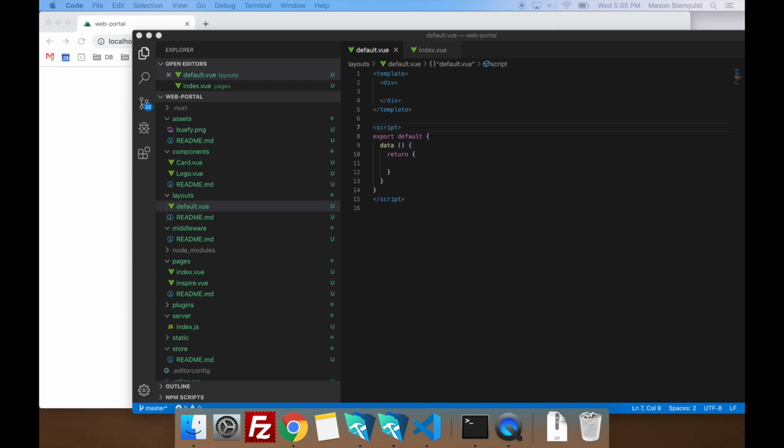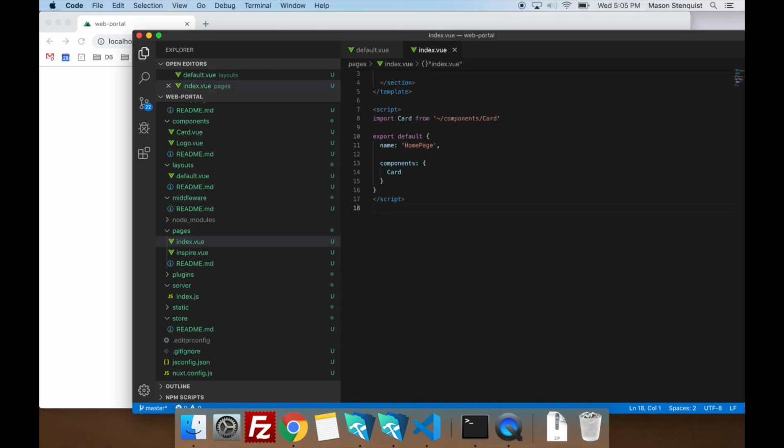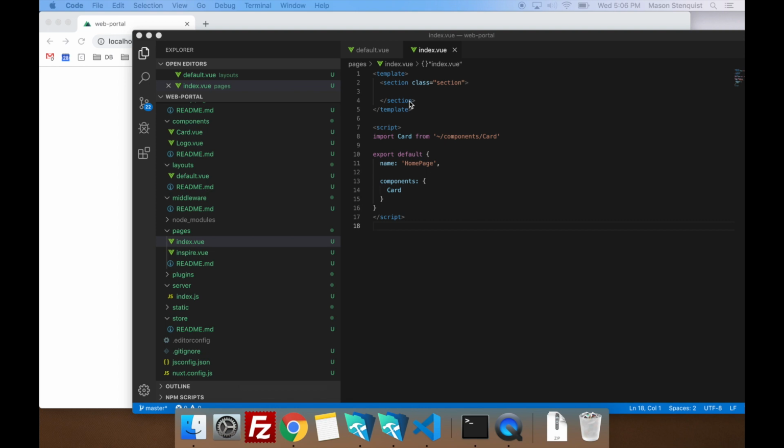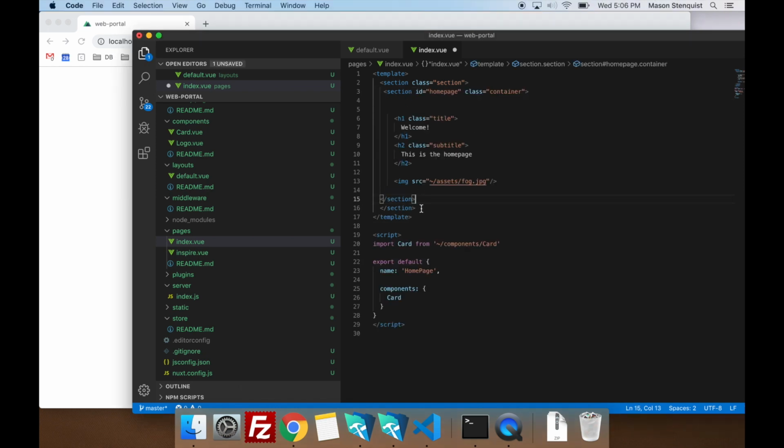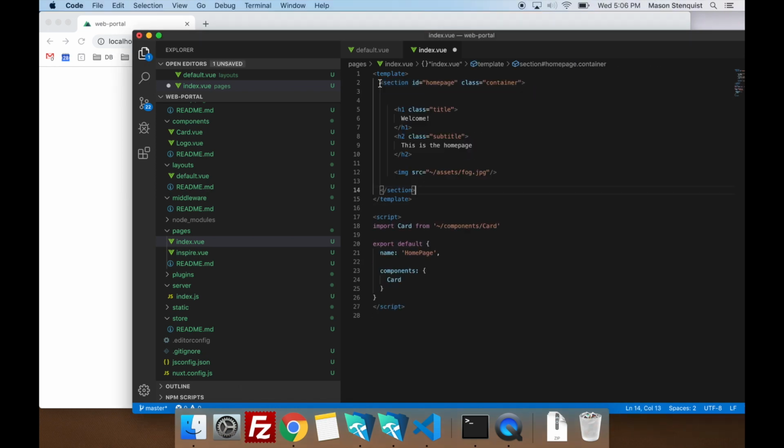But let's start with our home page. I'm just going to grab our data for our index view and copy that out. All right, so it's pretty simple.